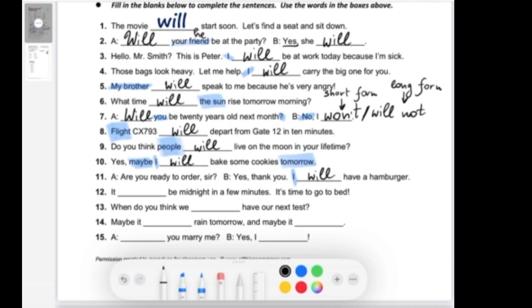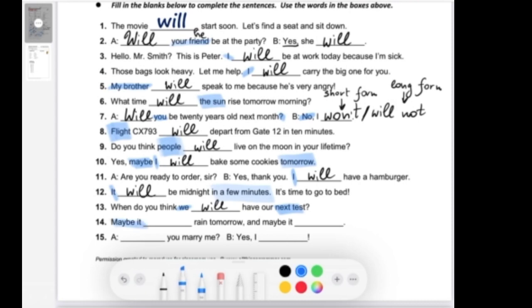So here you're going to answer with me, and then we have got it. It will be midnight in a few minutes. It's time to go to bed. In a few minutes, it's also the future, that keyword. When do you think we will have our next test? Next test, it means that this is the future. Maybe